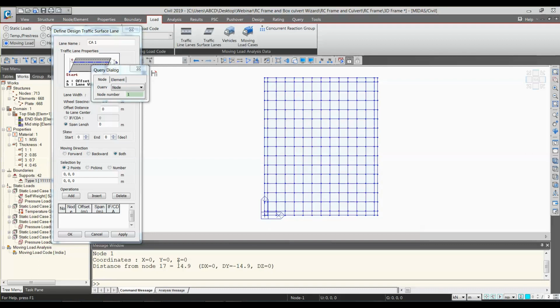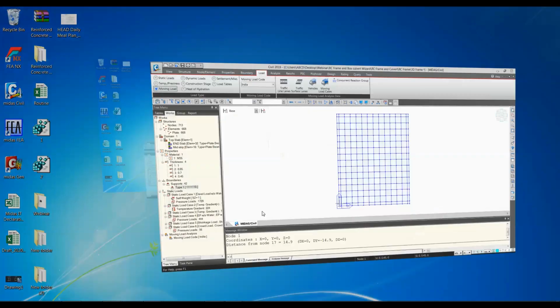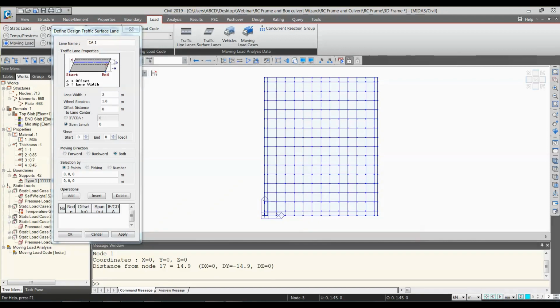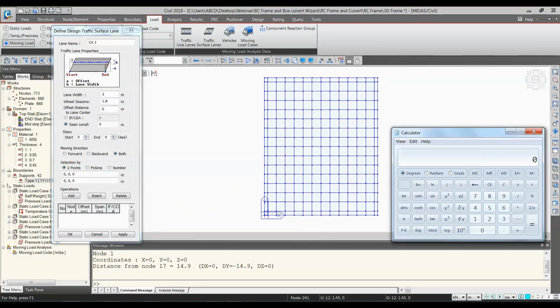So total is 14.9. Okay, that means, sorry, so we have 0.45 as the crash barrier width plus 2 meter as a sidewalk plus 0.15 as the clear distance between the extreme end plus 0.25, half wheel width of your class A vehicle, right, plus 0.9, so it is 3.75.